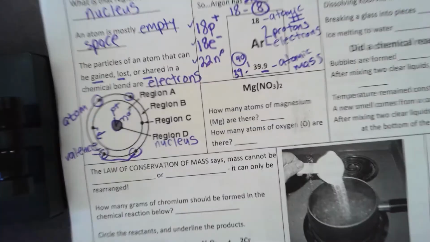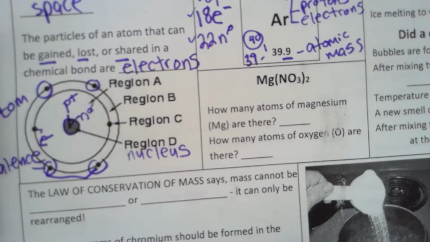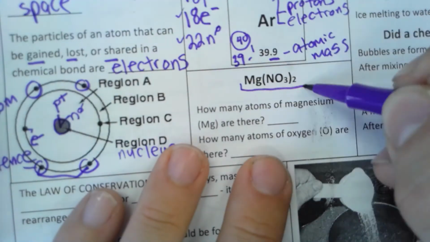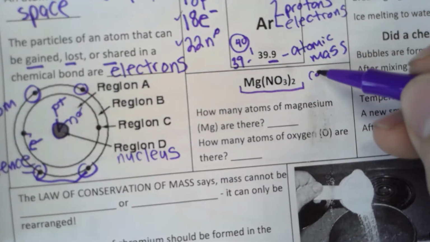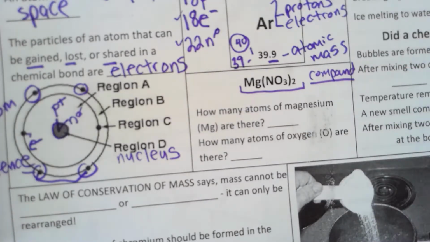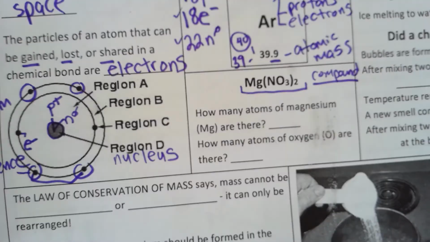Alright, let's keep talking about atoms a little bit. So here, when you have different elements like this, this is called a compound. When elements combine, they make a new substance called a compound. Okay,